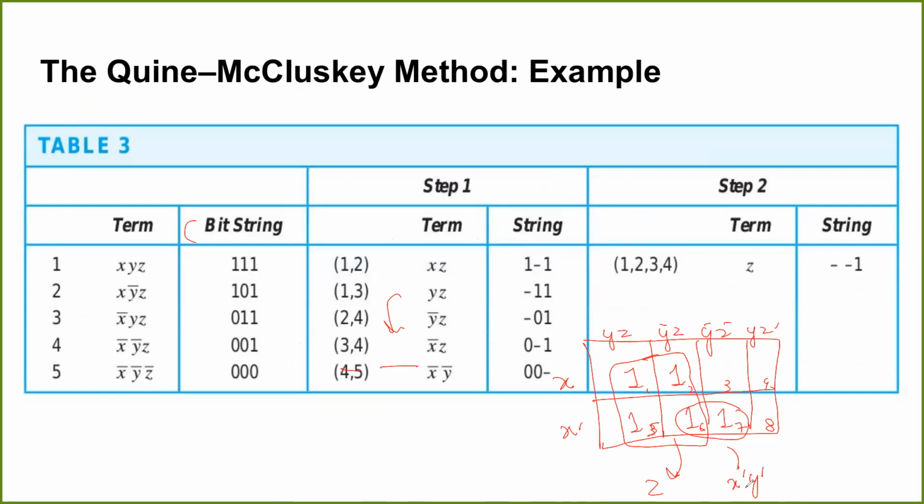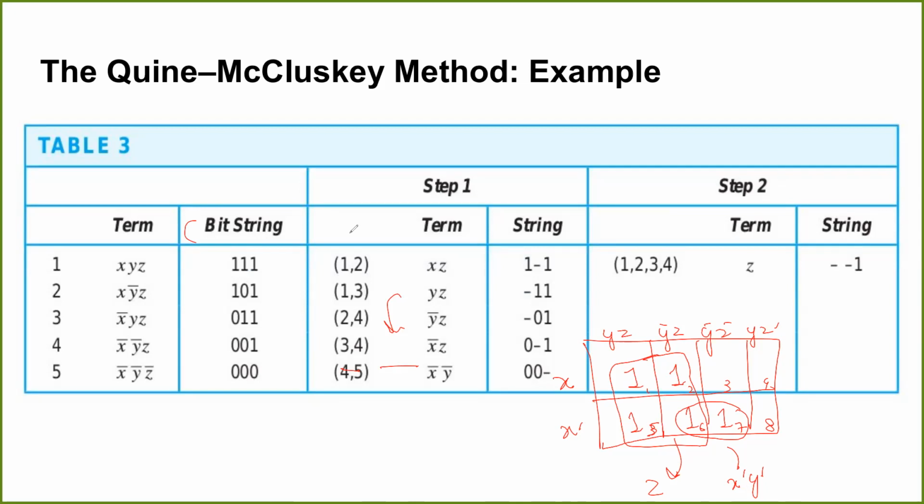Once you know them, you will get this step 1 wherein you will reduce your variables from 3 to 2. Okay, how do you do that? The common ones will go as they are. Only the literals which differ, there you will get a dash or a missing term. Then you keep on repeating it by comparing the dash positions and one new literal, okay, in general for any n variable.